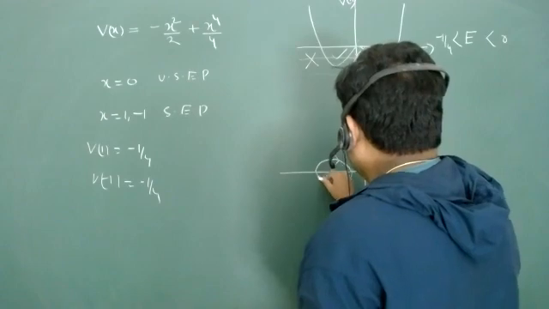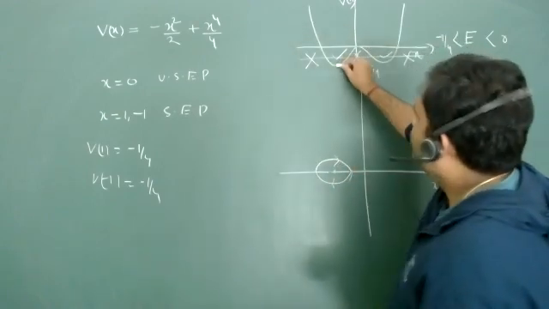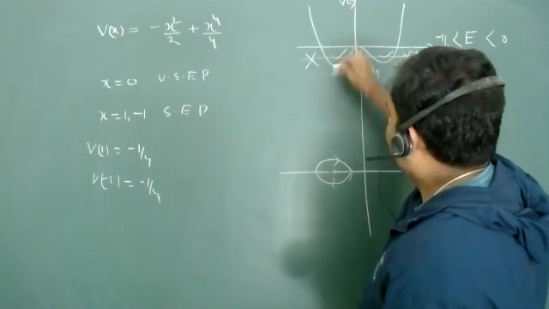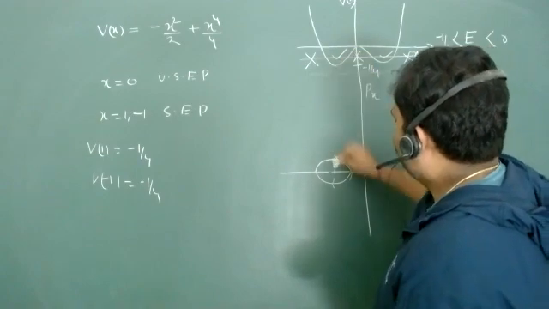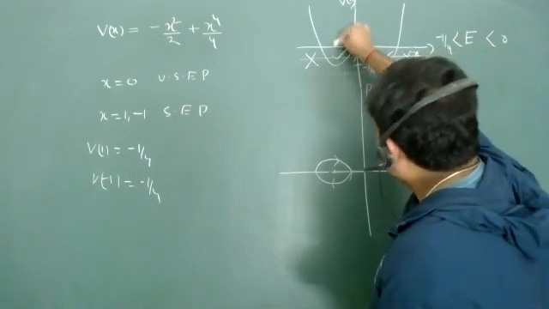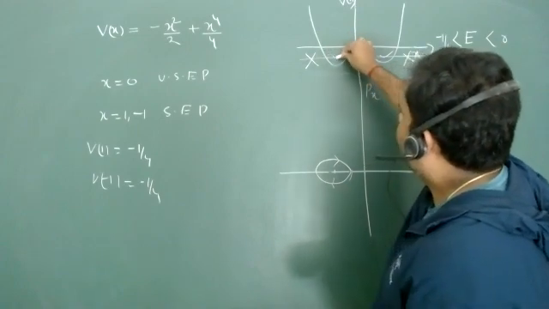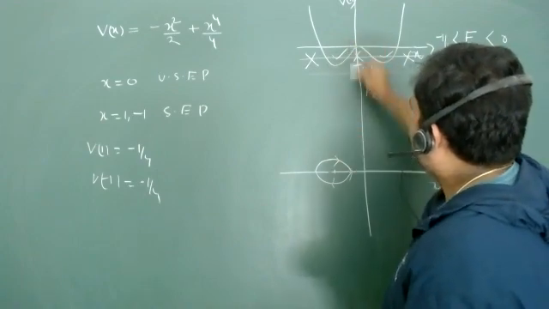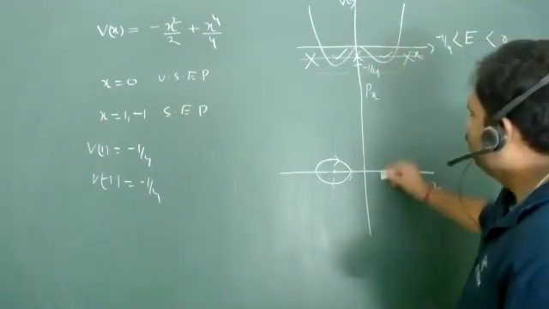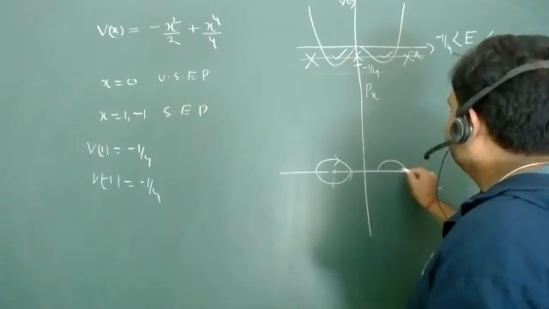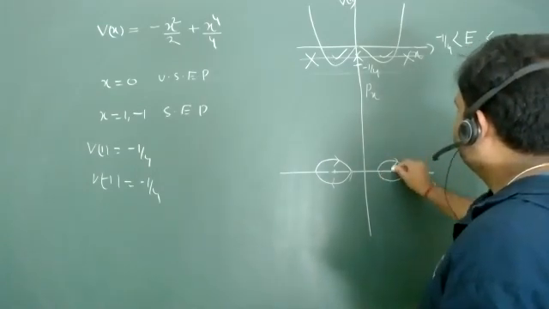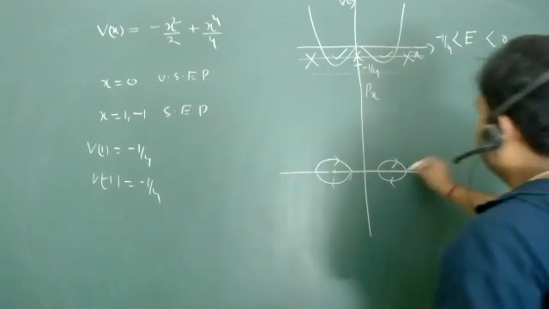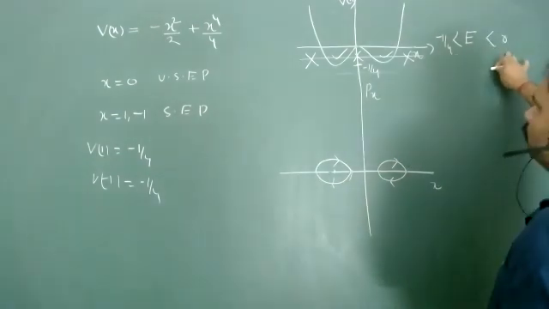So you will make something like this, isn't it? You will start from here. You cannot go in this direction. You will come here. This is the minima, so at this point you will get the maximum. After then, sorry, this is your energy. So after then, your potential energy is increasing, so your momentum is going to decrease up to this point. Similarly, we have this point also. So this is the curve for E between minus 1/4 and 0.